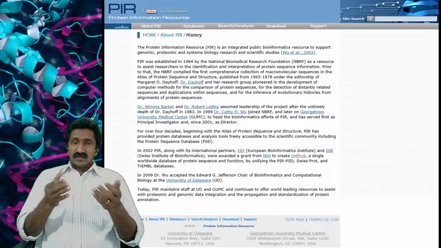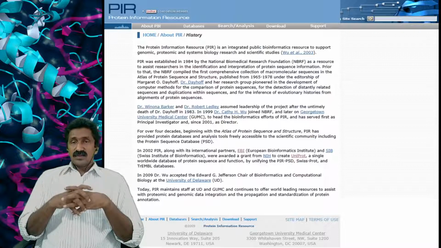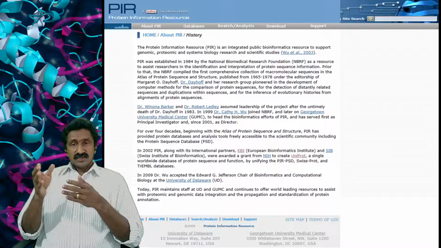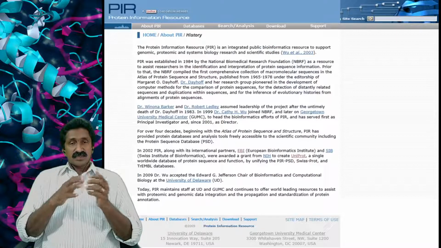So in 2009, Dr. Wu accepted the Edward G. Jefferson Chair of Bioinformatics and Computational Biology, and there's another position. And okay, it's not about the scientist that we are discussing, it's about the database. So now, as I mentioned,